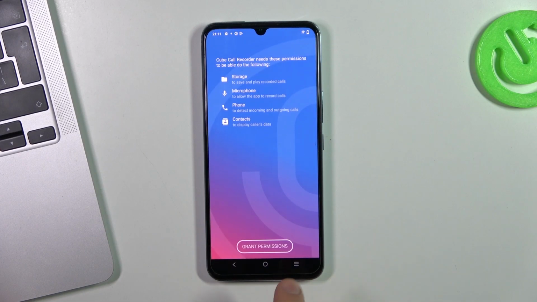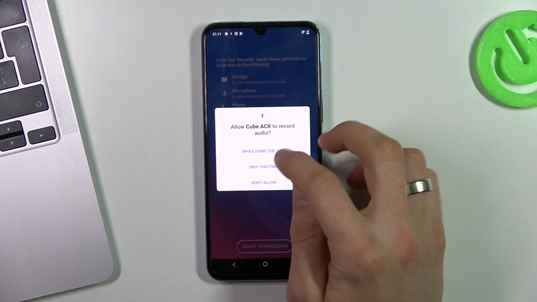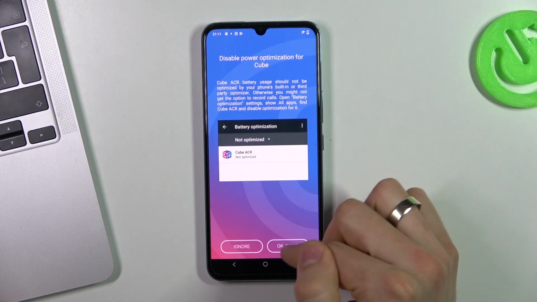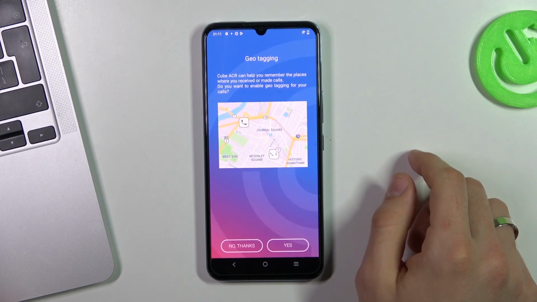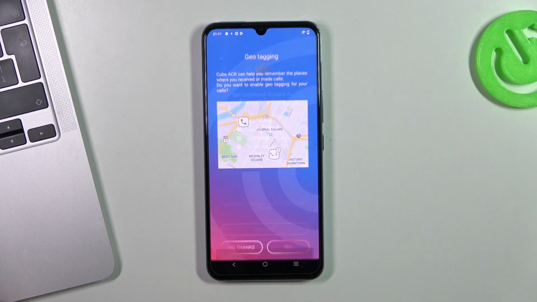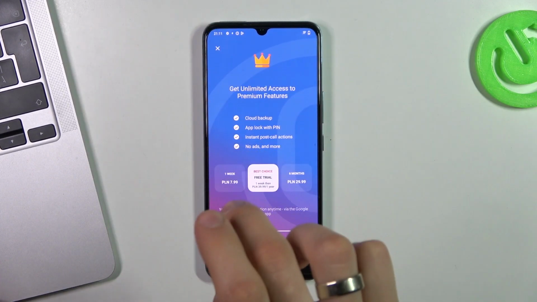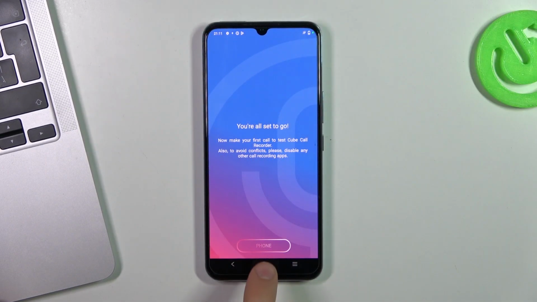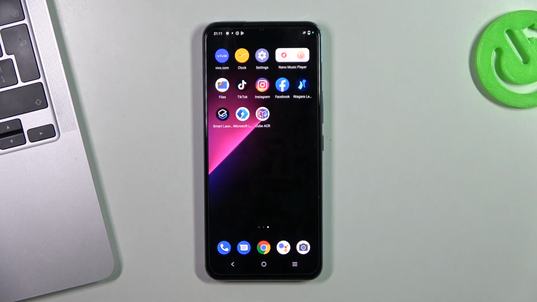Open Cube ACR, click Next, then click Grant Permissions. While using the app. Okay. And you don't need to provide the access to the location. And click on the cross on the top corner or on the right top corner, I don't know where you will have it. And great, now this app will automatically record your calls from the phone and from the Telegram,